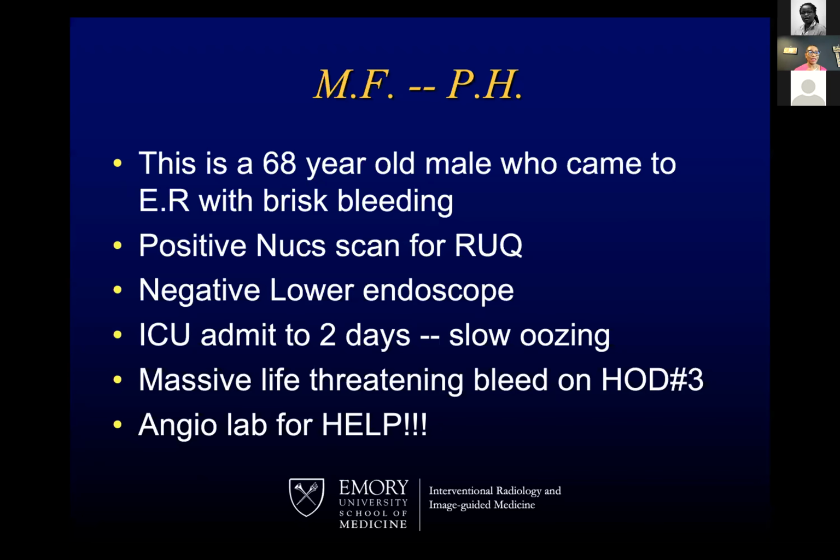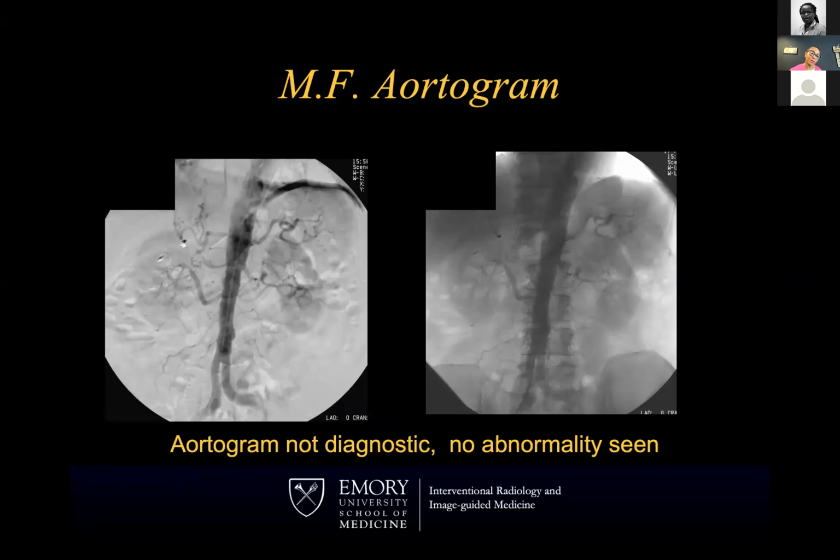But then on day number 3, the patient had a massive life-threatening bleed. And now they call, what can you guys do to help? Remember, this patient had already been in the hospital. And so we do this angiogram, and you can see a catheter, maybe not as well. This is a subtracted image and unsubtracted image. A catheter is coming from the groin. It's what we would call a pigtail catheter. It's placed above the celiac axis. And so you can see the entire aorta and iliac branches,